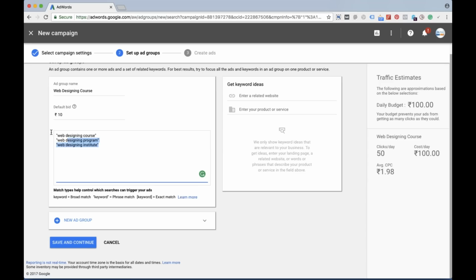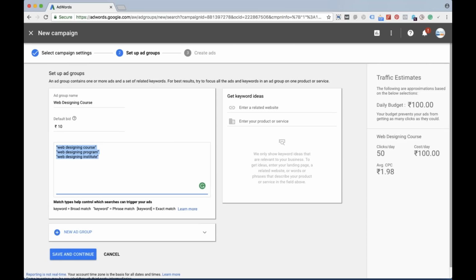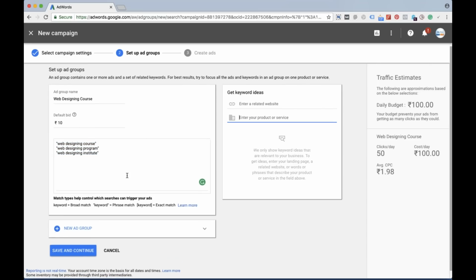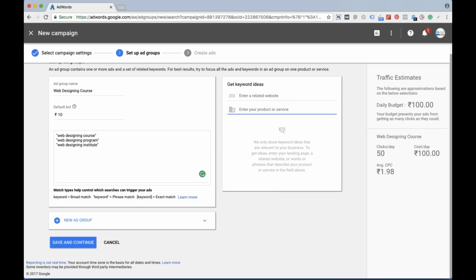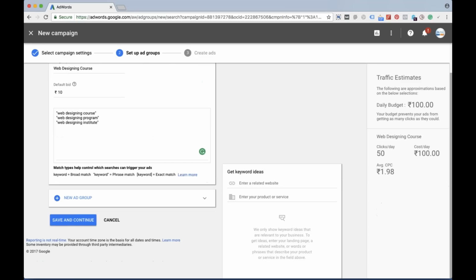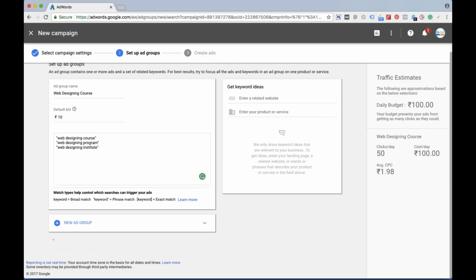We are going with phrase match, so I have added this. Next, we can even search for keyword ideas. That's a good point. Save and continue. So we can create another ad group also. Great. Fine, I just want to save and continue.